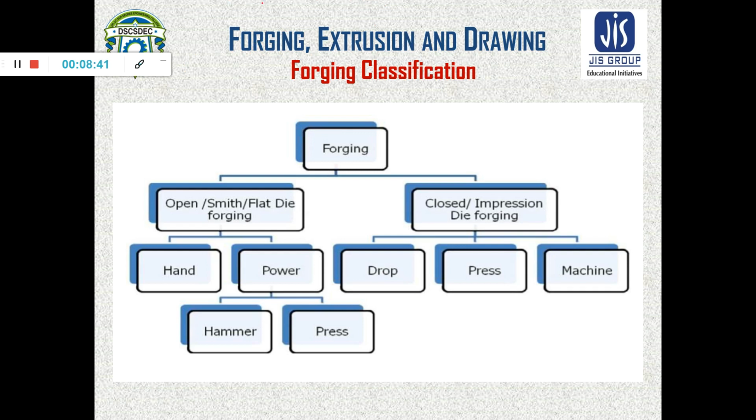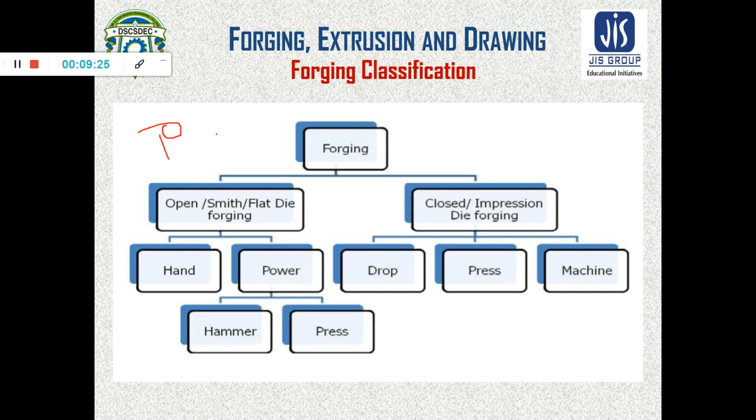Now we will see the difference, what is open die forging and what is closed die forging. In case of open die forging, which material can be processed? Material with no surface texture or no surface detail can be processed. That means when we need to make a shape like this without any detail in the surface, such as lettering, embossing, etc., a piece like this can be made by open die forging.